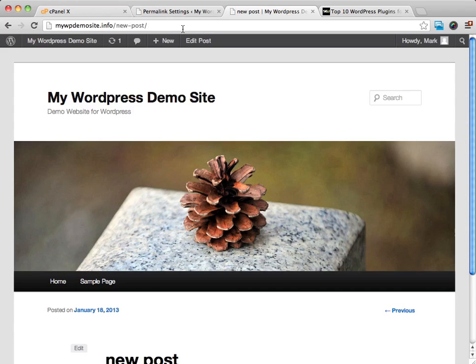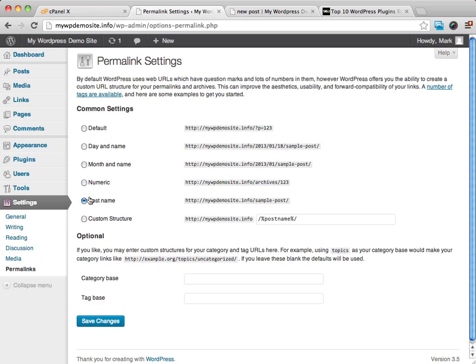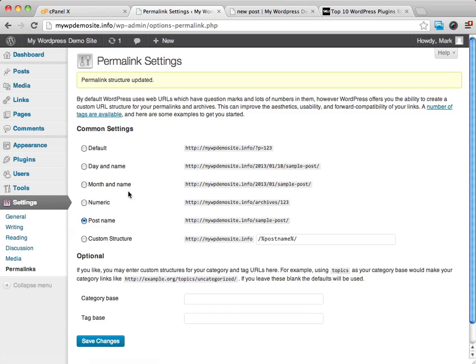And that really is good for search engine optimization, because search engines do look at the content of a page to help determine what the page is about. So if you can leave that, or rather check that over to post name, you're just going to have a much better structure on your site. It's going to be clearer, easier to navigate, and all around it's going to do better in the search engine. So make sure you go ahead, click on post name, save those changes, and that is pretty much it